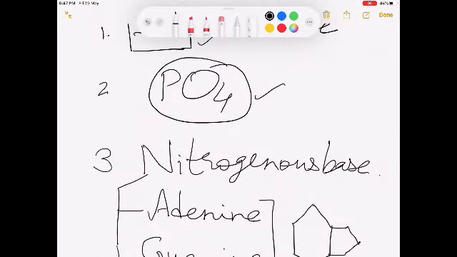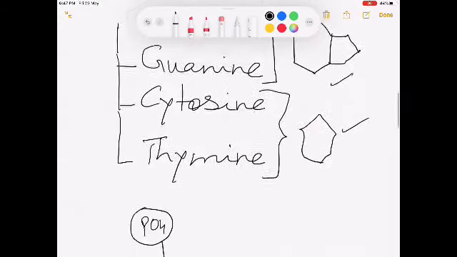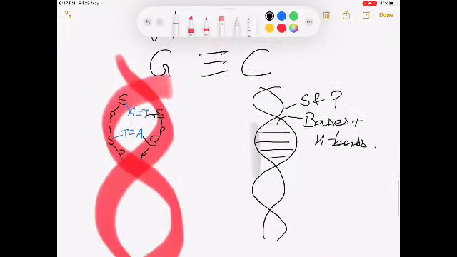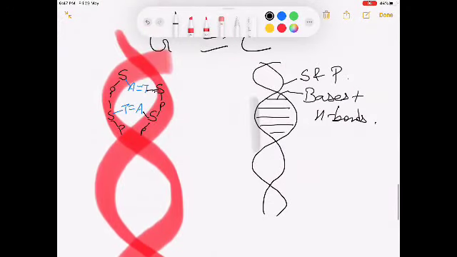And in the end, students, I want to tell you that the DNA strand is mostly arranged like a ladder. The rungs of the ladder will be made up of nitrogenous bases and hydrogen bonds, but the strand of the ladder will be made up of sugar and phosphate. So this is all about your DNA, and students, I hope this will be very helpful for you, and we will meet in the next video, where we will discuss the next topic.